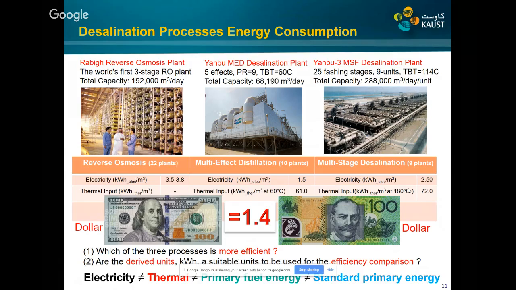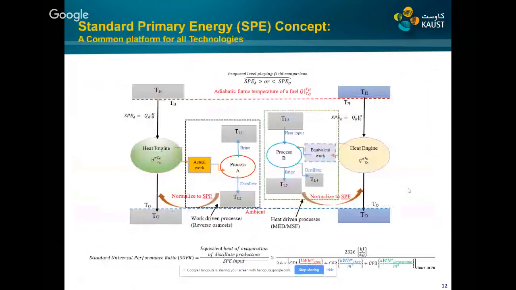So we have to find out some common platform where we can convert all the energies to that common platform. Then we can compare all the desalination processes. Over here we can compare RO with RO and thermal with thermal, and that comparison will be correct. But the cross comparison from one technology to another must be done on the common platform. That is actually the main idea of this webinar.